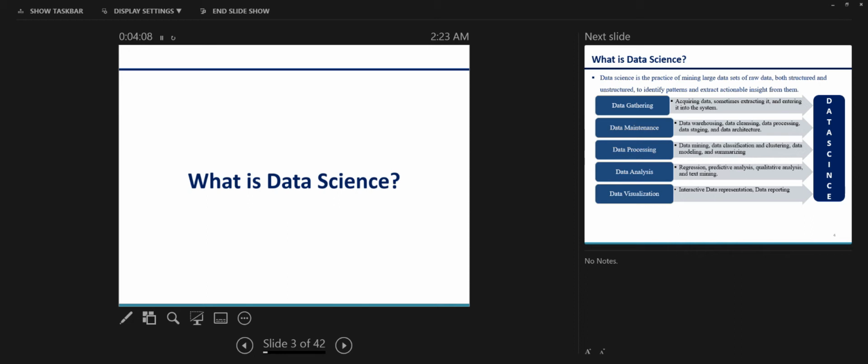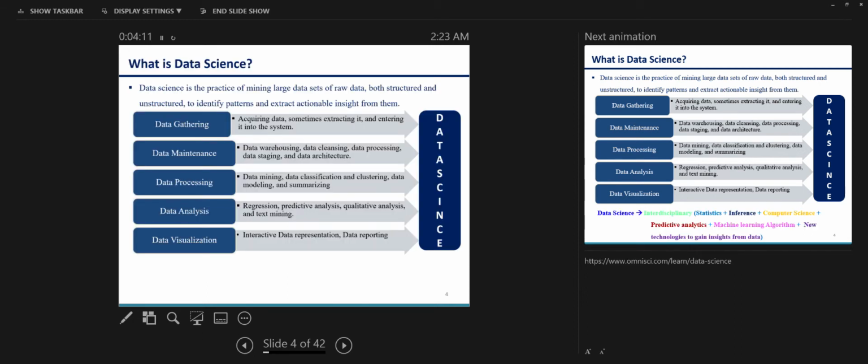Let's see more basic information. Data science is a practice of mining large data sets of raw data. Raw data, as I mentioned, is A to Z, 0 to 9, 0 to 100, whatever, those are the data. That is not in any form, it is unstructured data, from which we cannot get any information or meaning. So data science is the practice of mining large data sets of raw data, both structured and